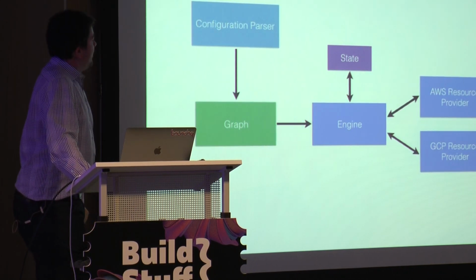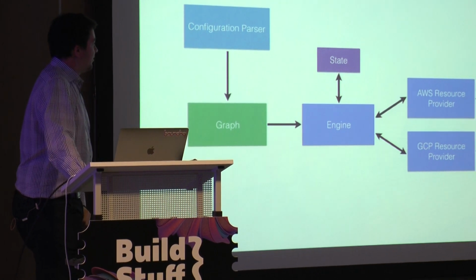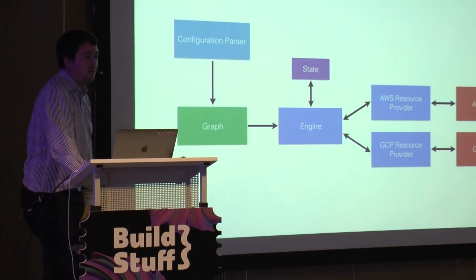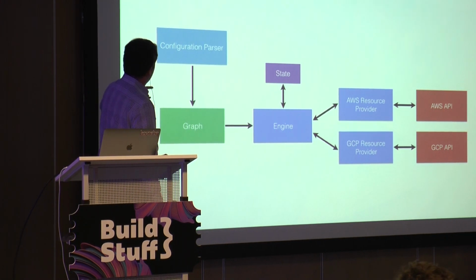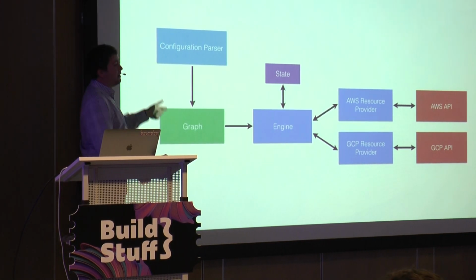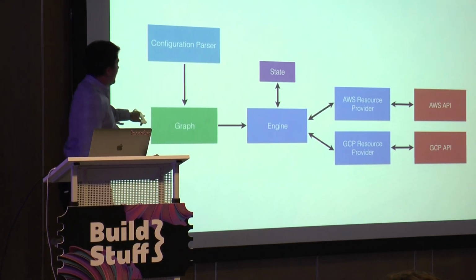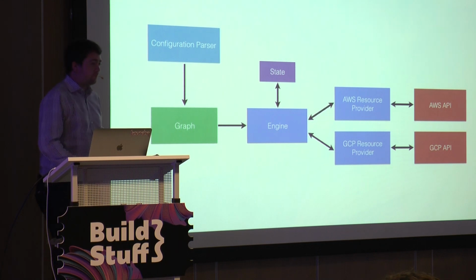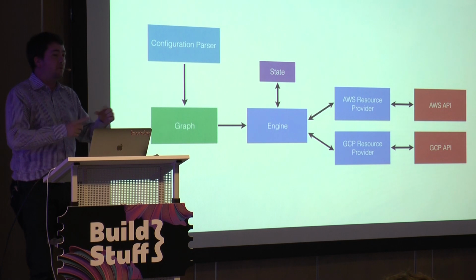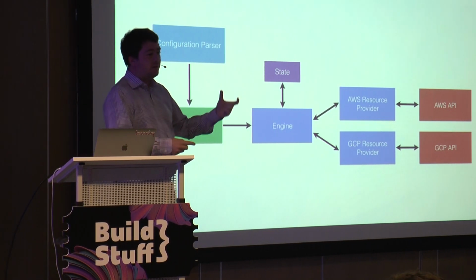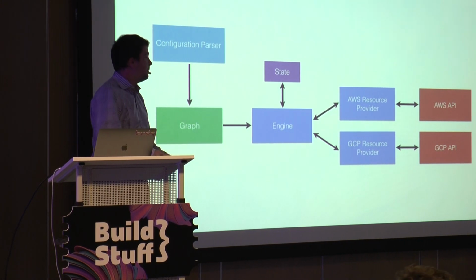So this is sort of a brief architectural model of what a tool such as CloudFormation or Terraform looks like. Because I know Terraform pretty well, this is kind of what Terraform's internals look like at a very simplified level. You have a configuration parser, which reads the configuration file that was written, and that builds a graph. So resources can link to other resources. You create one resource, and then you need to use a value that was computed as creating that resource as an input to another resource. So you get a big dependency graph of what has to be done at what time.